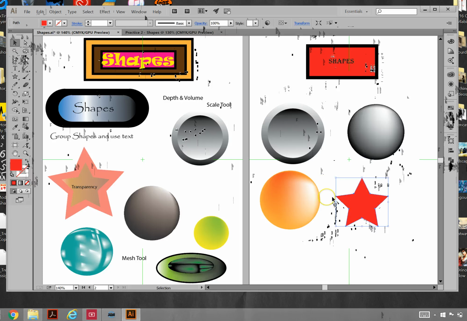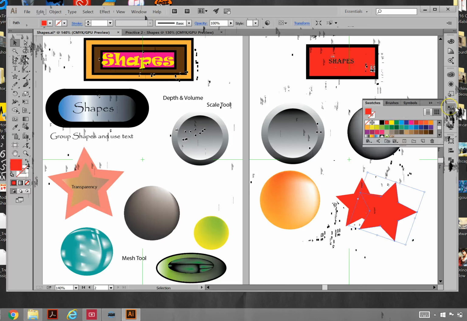And let's get another star tool. Let's click out into the white space. Never mind. Let's just go get the star tool right here. Make a bigger star. Okay. And let's make that a different color. How about